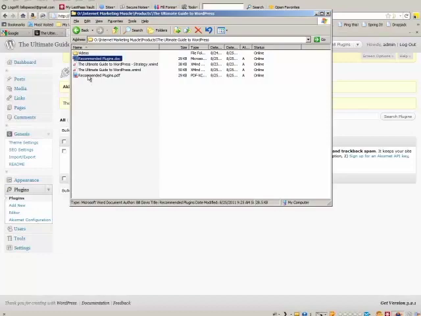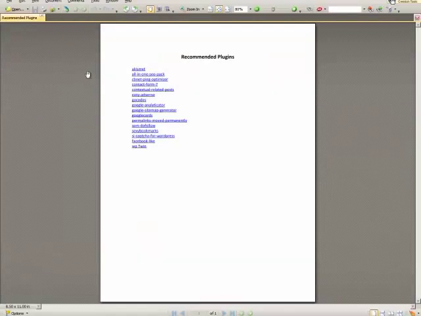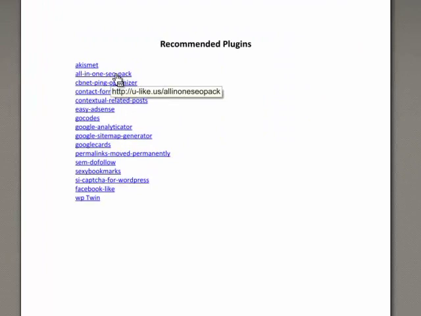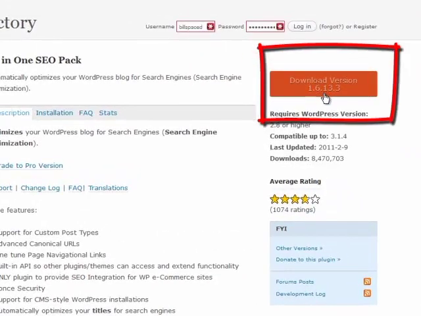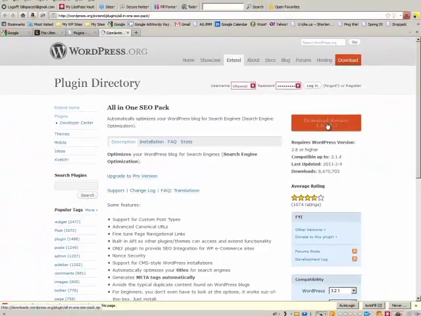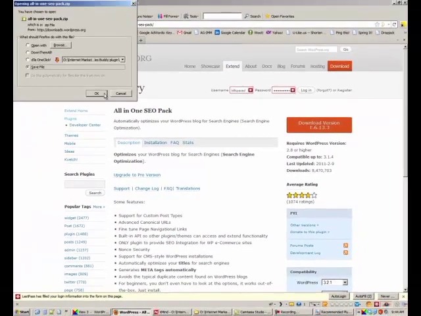Let's go to our list of recommended plugins and choose All-in-One SEO Pack. This takes us to another way to go get a plugin. This takes us to WordPress.org, which houses all of the free plugins that are registered with WordPress.org. And the way you would do this one is you would click on this button right here that says download version 1.6.13.3 in this case. Click on that, save the file,